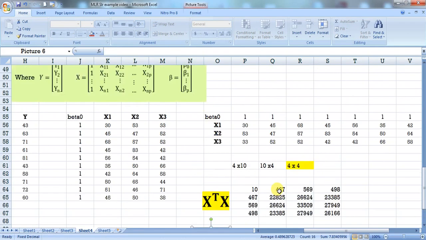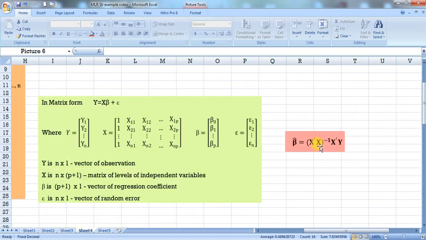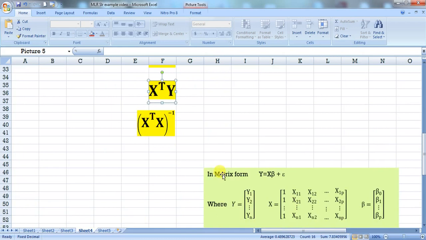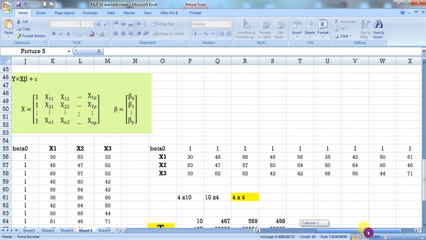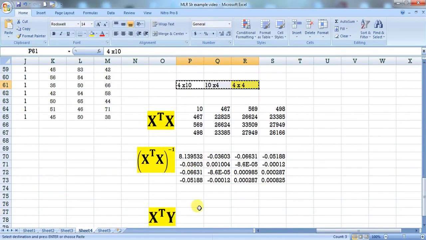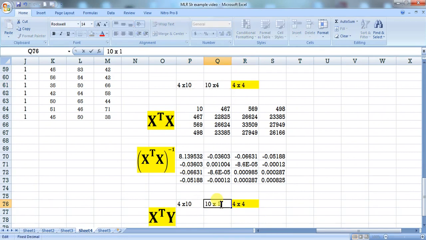Now what do we have to calculate? X transpose x inverse, that we have calculated. Now we require x transpose y. Now what is x transpose? Already we have x transpose, and y is also there. So first we will take the order. What is the order of x transpose? 4 by 10. What is the order of y? 10 into 1. So what will be the ultimate order of x transpose y? That is 4 into